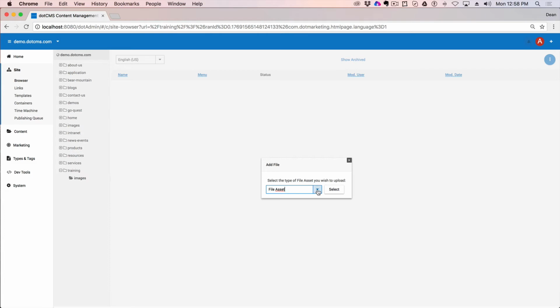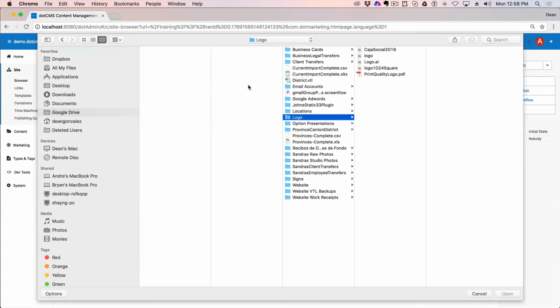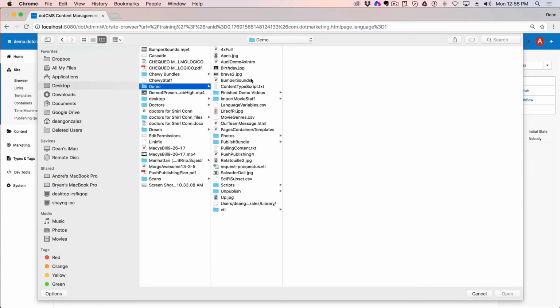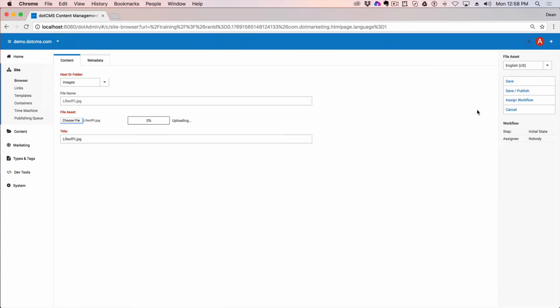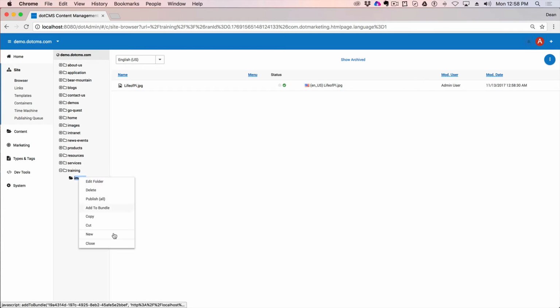Although a content contributor who has permissions to other file content types could always change that default suggestion on what type of files they're going to upload, and then choose something different, right? So I'm going to select, and I'm just going to add from our desktop demo directory here. I'm going to add the Life of Pi, a little movie poster here. And I'll go ahead and save and publish that little movie poster, right? So that's uploading one particular file to a folder, but you can also